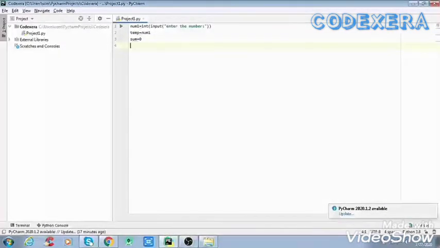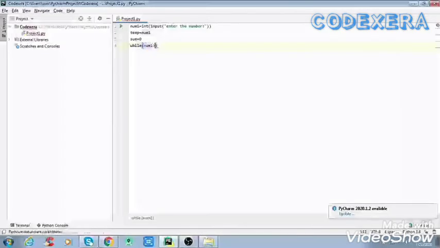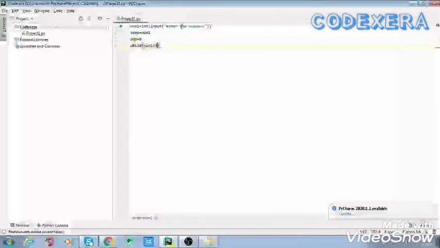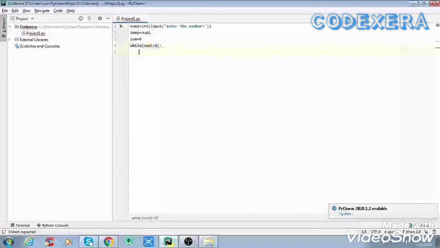After writing these three steps, in the third step we'll use a while loop, because here we'll check that num1 is greater than 0. If the number which we have given as input is greater than 0, then it will go into the while loop, and here we'll write a statement.